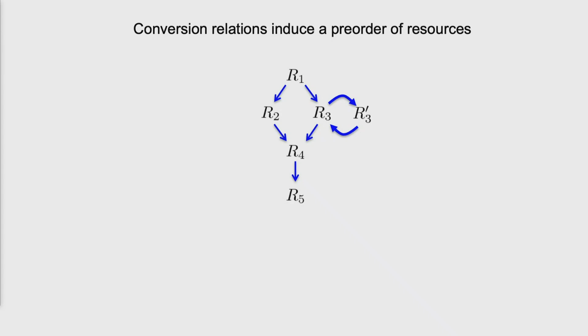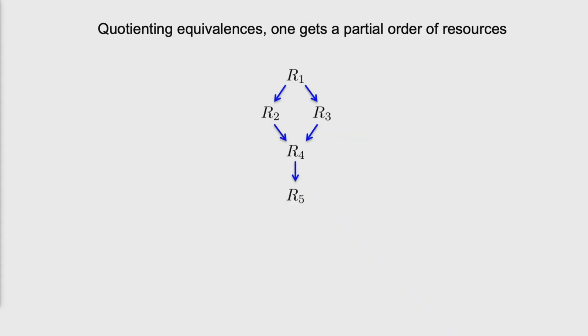It's often nice to find equivalence classes. So R3 and R3 prime, from the perspective of their resourcefulness, are the same thing, right? Because I can go back and forth between them. So if all I care about is doing some tasks that require this resource, it doesn't matter whether you give me R3 or R3 prime, because the free operations are things I can do in any quantity I like, so I can convert between R3 and R3 prime. I don't care. So it makes sense that I would just lump them together into an equivalence class.